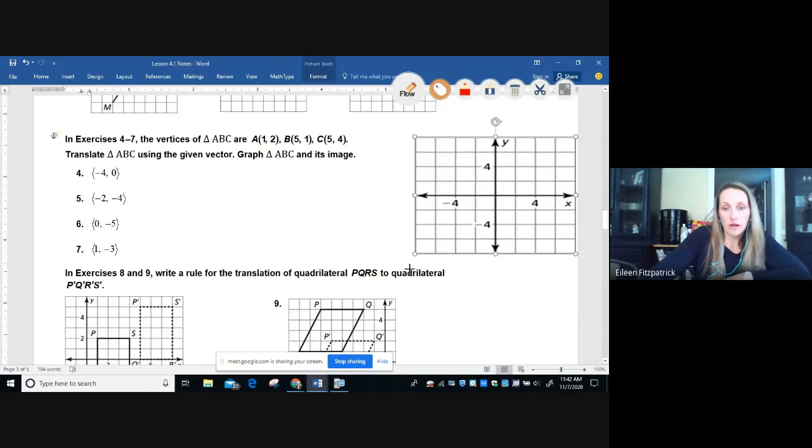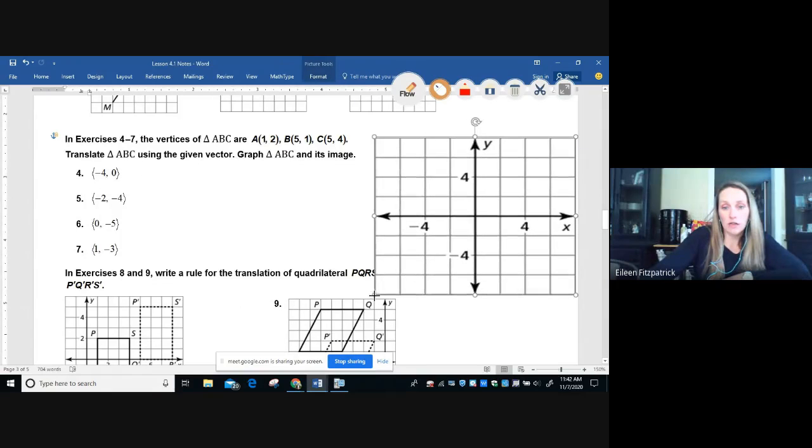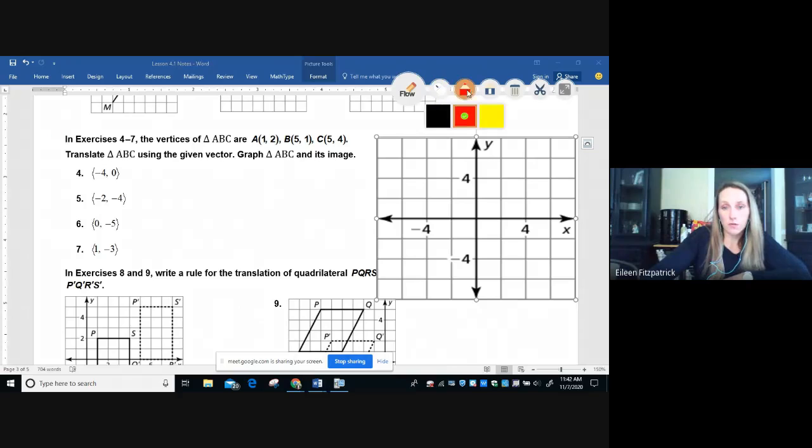All right, so if you remember last time, we are counting by 4s, so be careful with your scale. I'm going to first draw the triangle that's given, the pre-image ABC. A is located at 1, 2, that would be about here. B is located at 5, 1. Come on, there we go. And C is located at 5, 4. Right, so this is C, this is B, here is A, and this is our pre-image, our original triangle